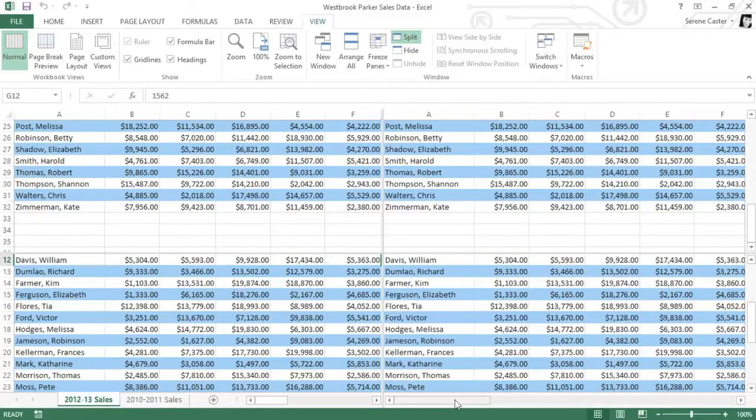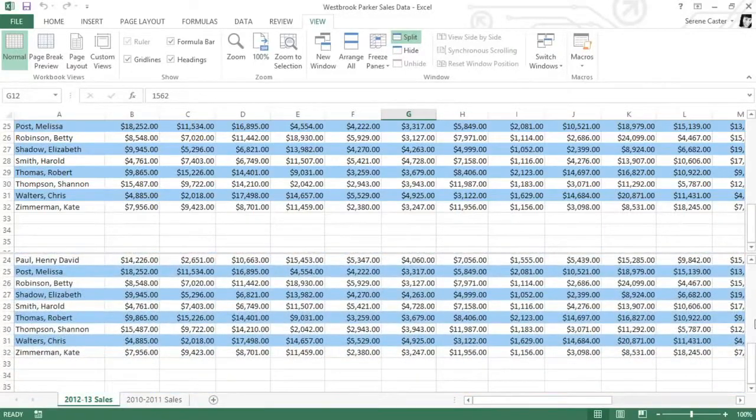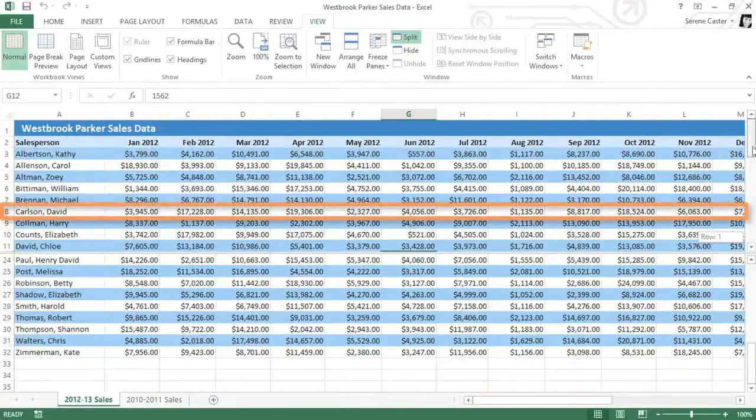Now you may find that this view is a little too cluttered, but you can make it simpler by removing one of the dividers. If you drag the vertical divider all the way to the left, it will disappear and you'll just have a horizontal divider. By scrolling the top and bottom sections, we can compare the data for any two salespeople. For example, David Carlson and